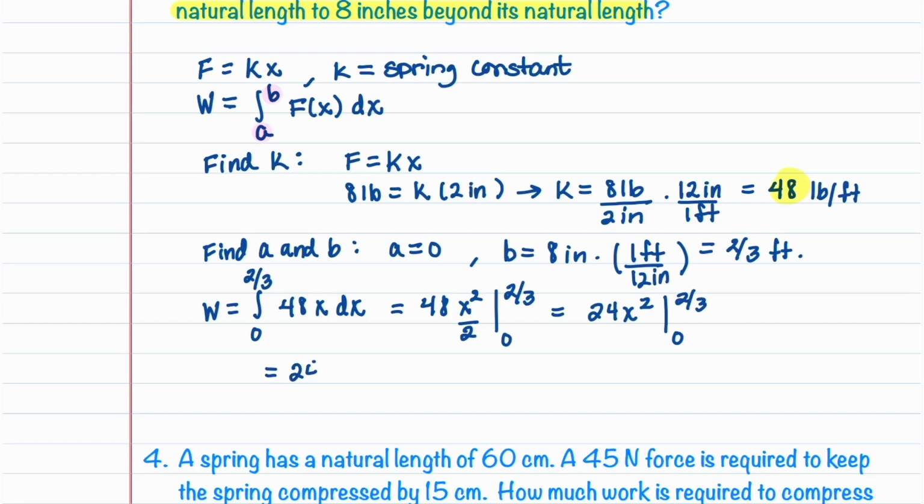If we substitute in that x is 2/3, we get 24 times 2/3 squared, and then we're going to subtract off 0 for our lower limit. This gives us 24 times 4 divided by 9. We can divide 3 into both 9 and 24. So this gives us 32 divided by 3, and now we need units. Our force was in terms of pounds, and our distance is in terms of feet. So our units are